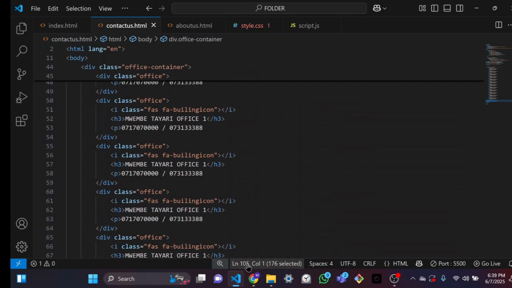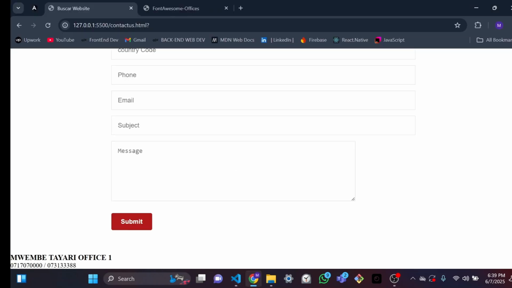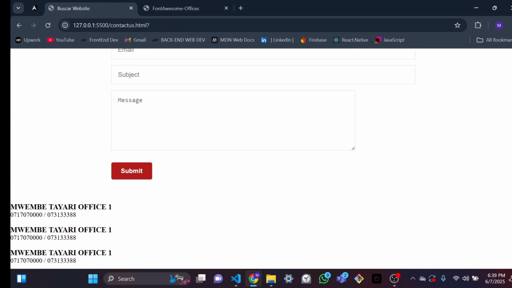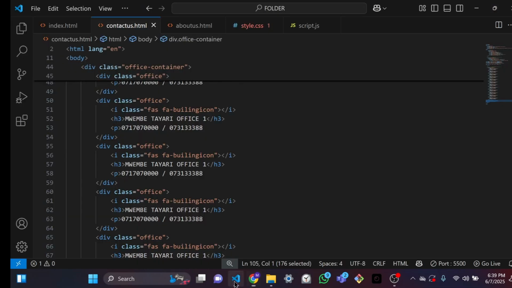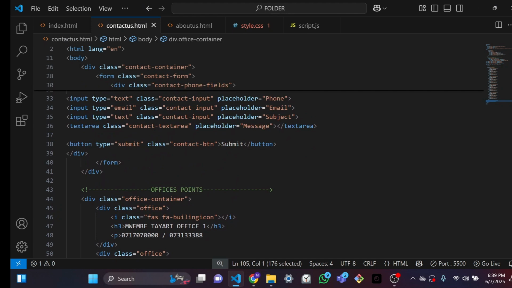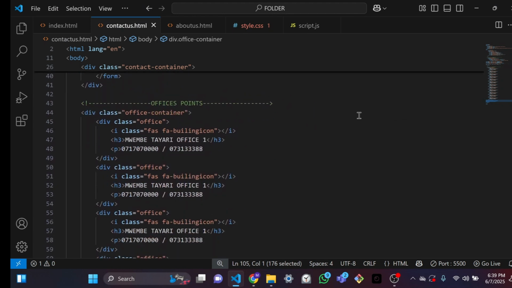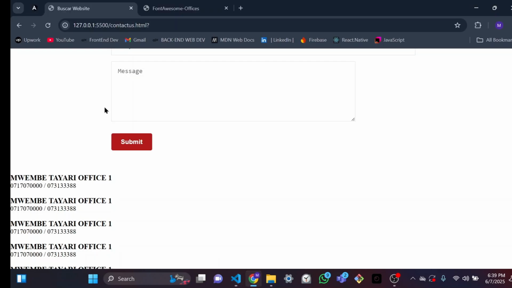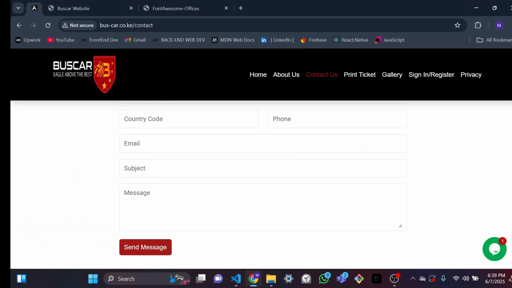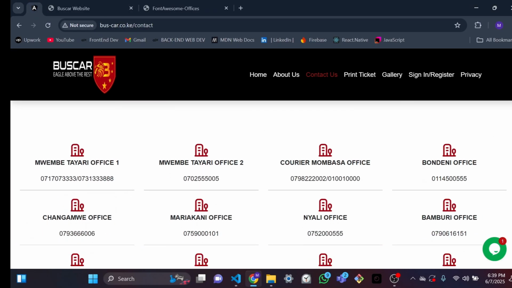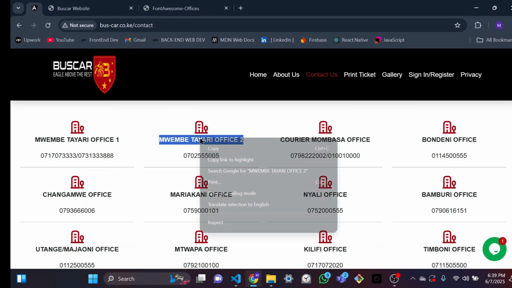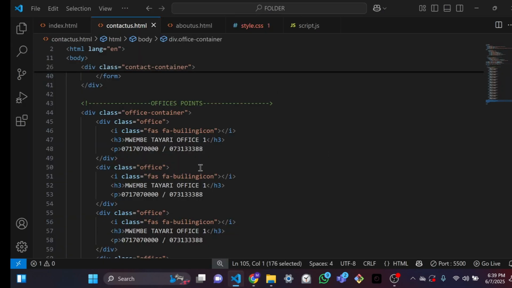So we have duplicated that, so let's come and see. So this is the duplication, so we're just going to change them according to how they are appearing in the official website. So we're just going to the official website here just to make work easier, and copy the second one, come to our code,